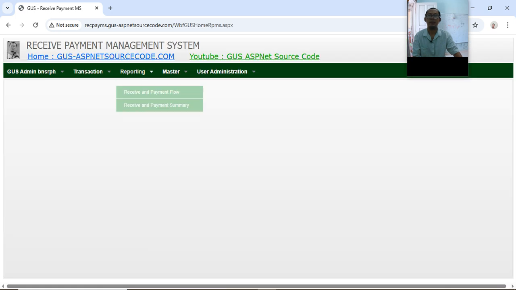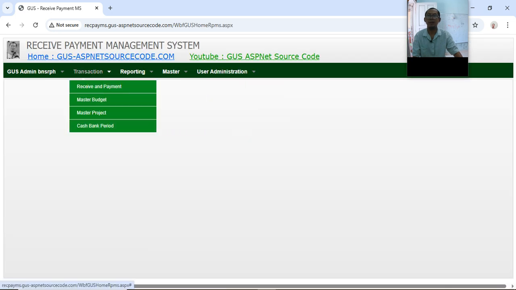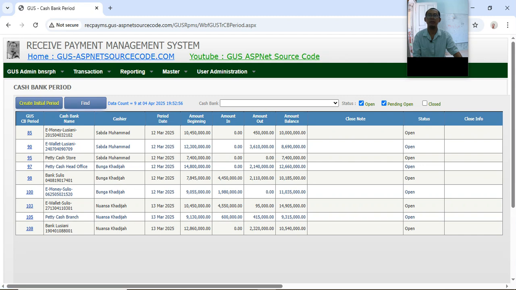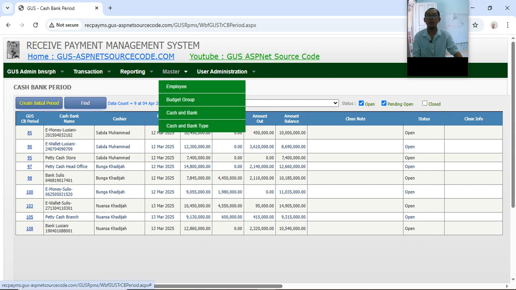Now we are at chapter 8, about cashback period. Transaction cashback period, here it is. This cashback period is a period for each cashback.